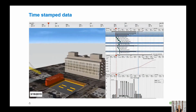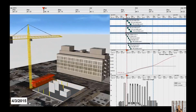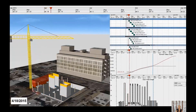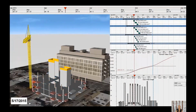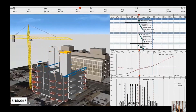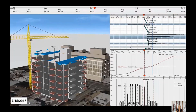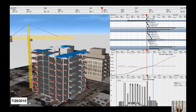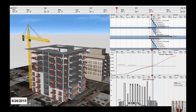And in terms of integrating digital twins with construction, this is a typical example where you have the CAD model of what is actually going to be built, integrated with the schedule of how it's going to be built. And here you have a digital twin of what is going to happen and the way it's been used to plan how construction is going to occur, where the crane movement is likely to happen, and so on. This is a tool called Synchro, and this is a very typical example of the use of a digital twin